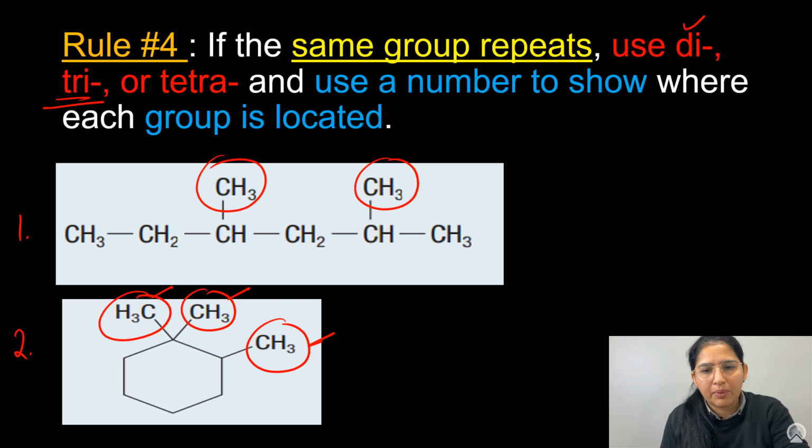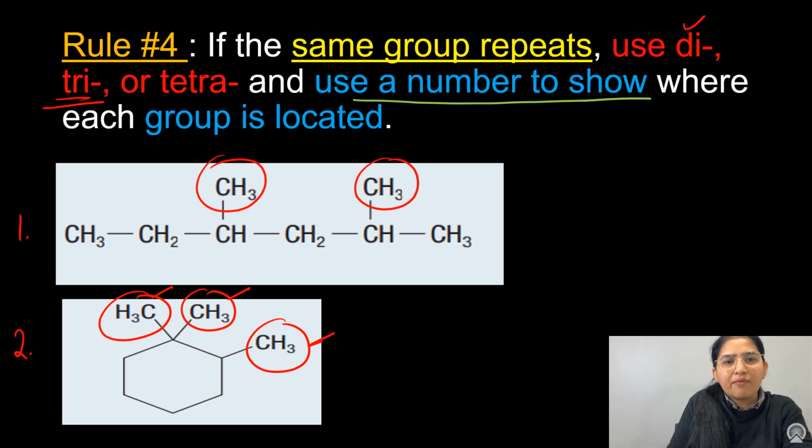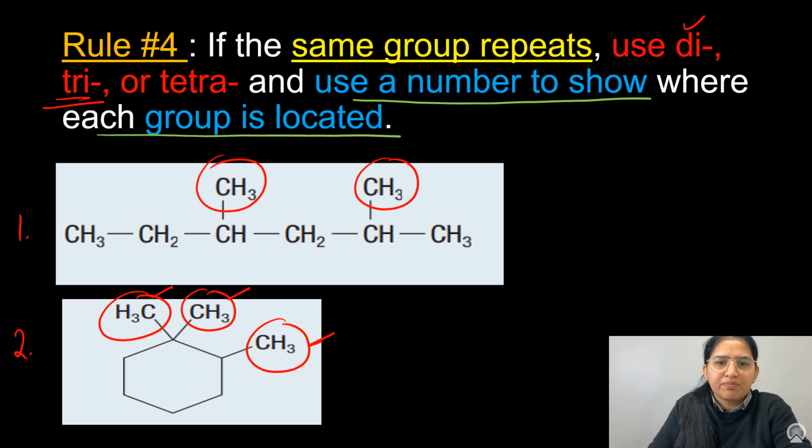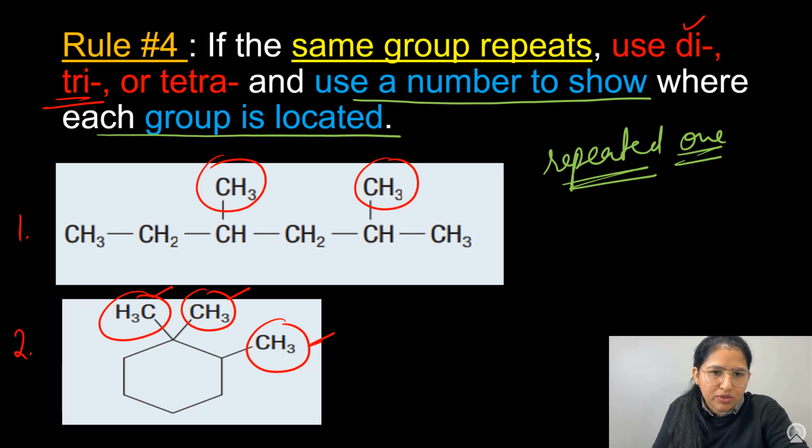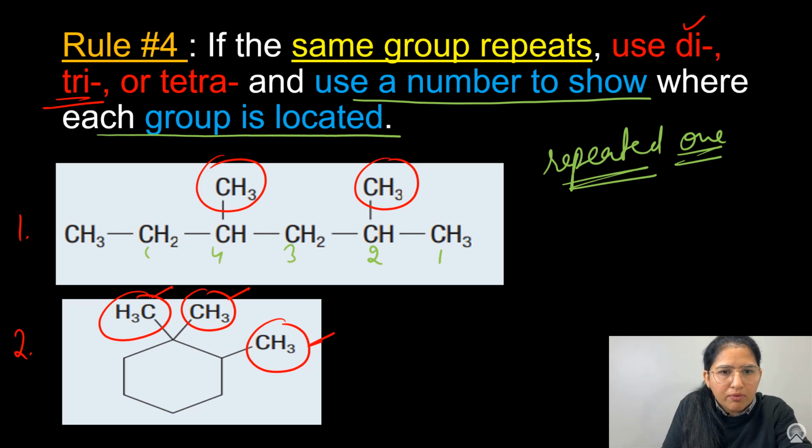Now let's check the second half. What are they saying? They are saying use a number to show where each group is located. So first we have to use di, tri, tetra for the repeated ones. The second part says we have to tell their location as well. So if I do the numbering from this side, 1 2 3 4 5 6, I can easily see the position of this substituted group is second,